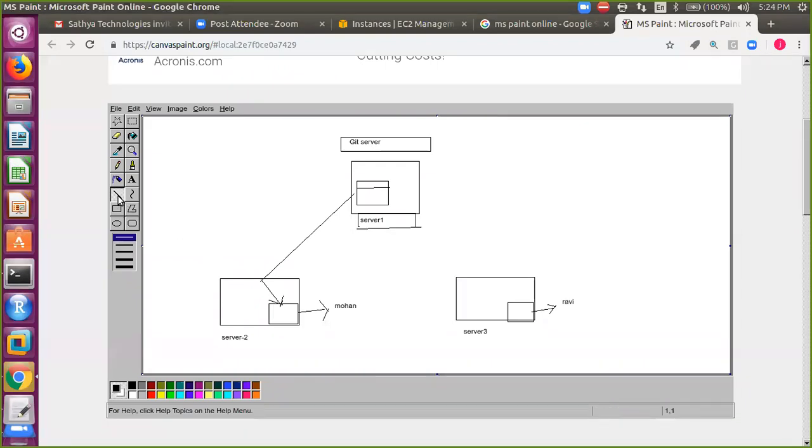What is the first command that I'll do? I'll first clone the repository. Cloning means copying. It will copy the entire project repository into my local working directory, so my project directory, I have got it here inside.